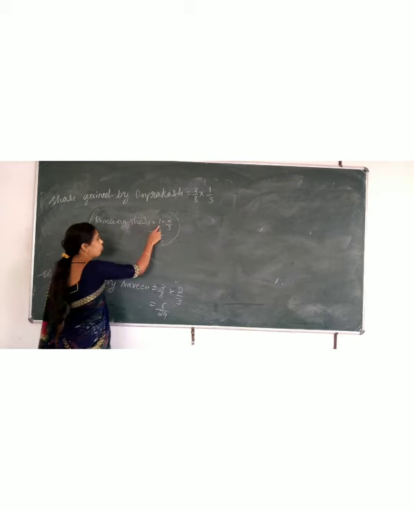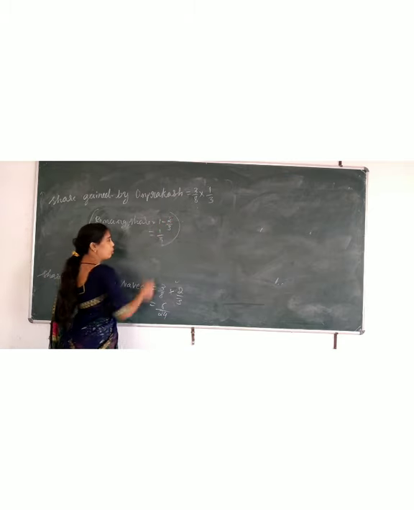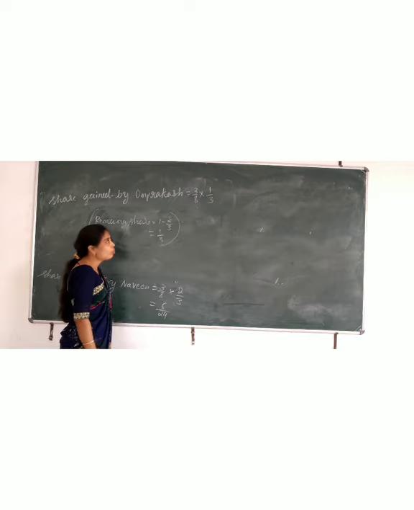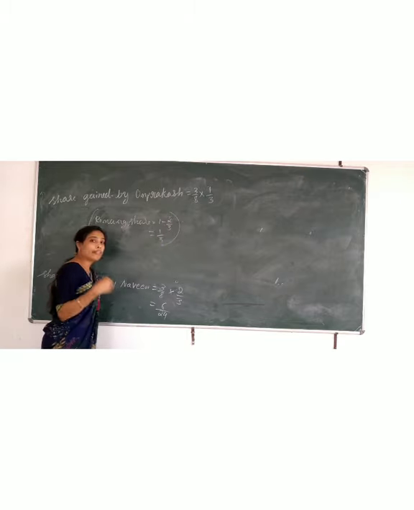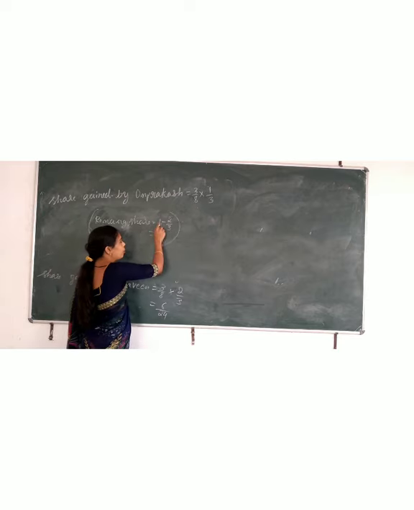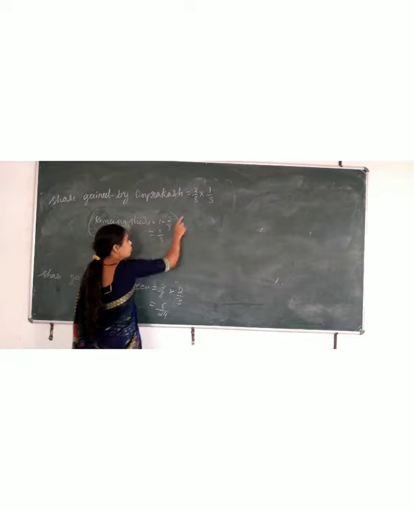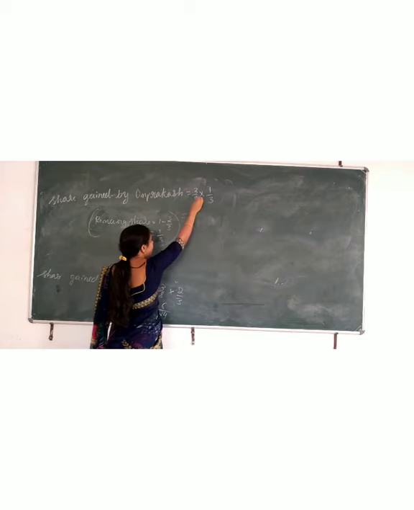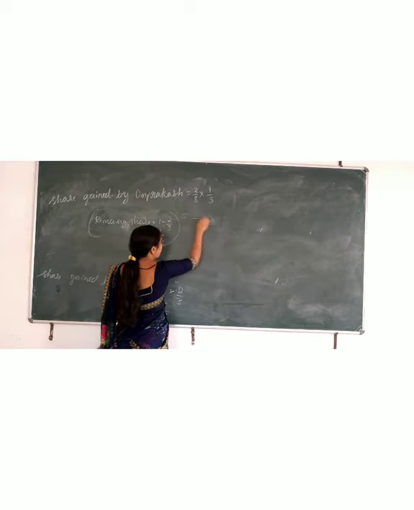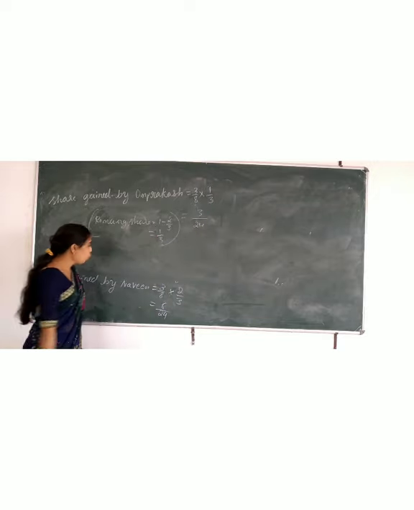See, this is the share of Naveen. 2/3 share is surrendered to Naveen by whom? By Murali. Murali gave 2/3 share to Naveen. The remaining share out of 3, 2 is given to Naveen. Then remaining share how much? 1/3. 1 minus 2/3 means 3 ones are 3 minus 2, that is 1/3. This is the share which we wrote here. 3/8 into 1/3 is equal to 8 3s are 24, 3 1s are 3. So this is the share of Om Prakash.